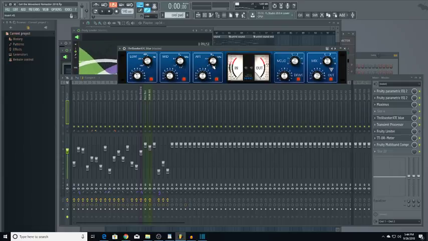This works good too if you've got a snare that's not popping in the mix. You can hit it right there, and all of a sudden it'll start bringing that sound out. And yeah, you don't want to get too carried away with the mojo and the drive when you're mastering. I mean, you can take this to full tilt